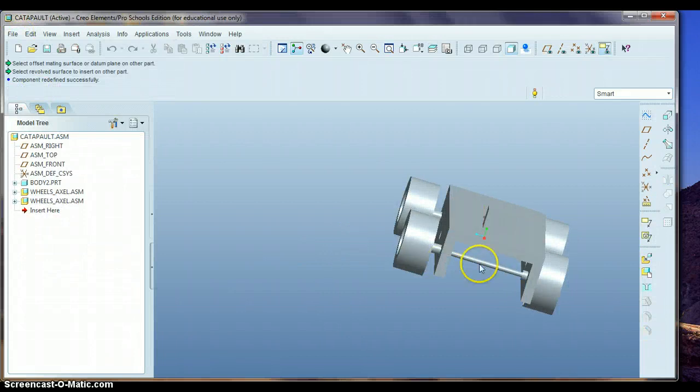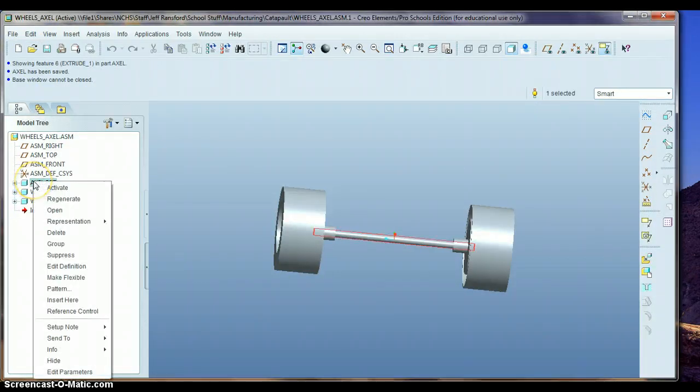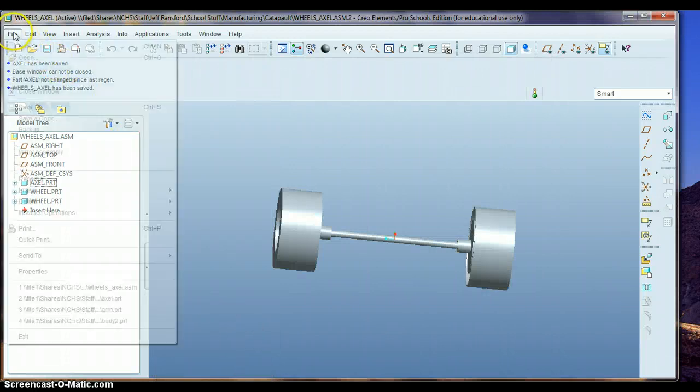It still hasn't adjusted it yet because we need to adjust the wheel and axle assembly file here real quick. So we'll go open again. We'll open up the wheels and the axle, and I'm going to right click on axle, and now watch on the screen here as this will lengthen just a little bit. I right clicked on axle, I'm going to hit regenerate. You can see it grew just a little bit, probably hard to watch, but there it is. So we'll hit save, and I'll hit OK,